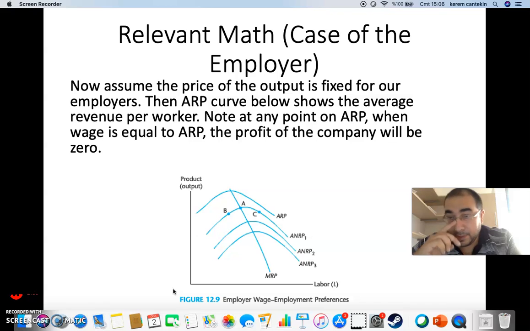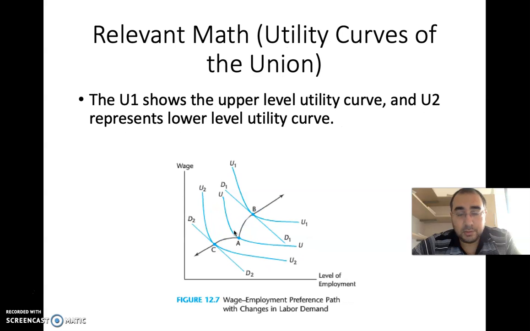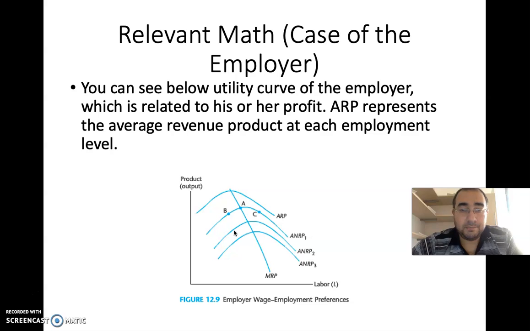On this graph, you see the indifference curve of the companies, basically, and it looks a little bit different from the previous graph, where you were seeing the wage level. Here, wage level can be equated to the average value of the product produced by the company. Here we say product, and what we are measuring is the average product, but not in terms of the actual number of products produced, but rather according to the revenue brought by the product. So this is labor, and the ARP curve is basically representing average revenue per worker